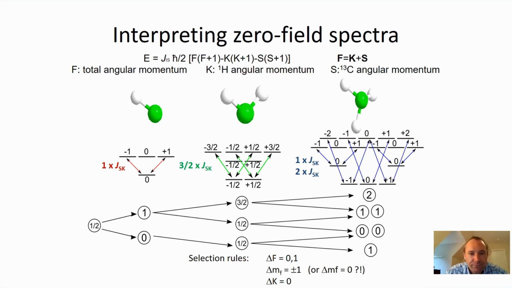which is why the observed signals occur at 3½ times the J coupling. Next, if we go to a CH3 group and we add yet another spin 1/2, then you get further spin manifolds: a spin 1 manifold, 2 spin 0 manifolds, 2 spin 1 manifolds, and a spin 2 manifold for the total angular momentum. And here you see energy separations that are given by 1 times the J coupling, as well as energy separations that are given by 2 times the J coupling,